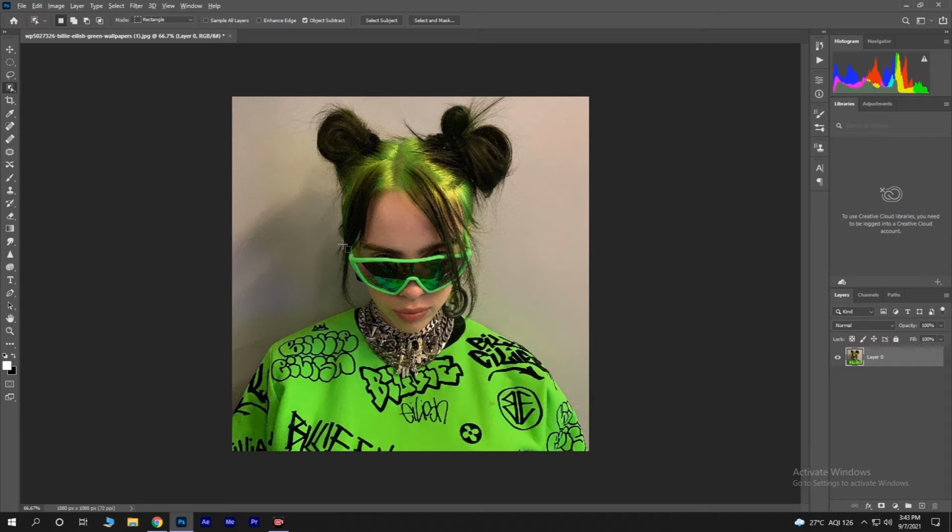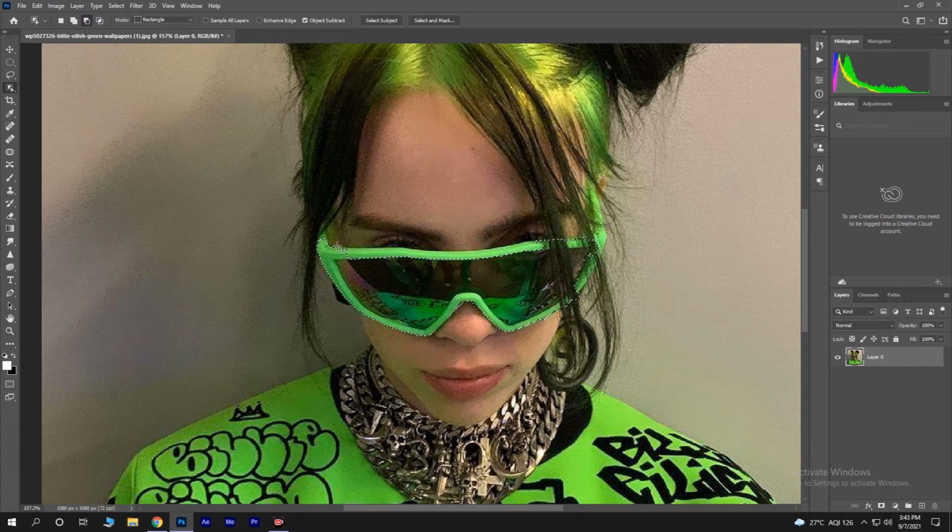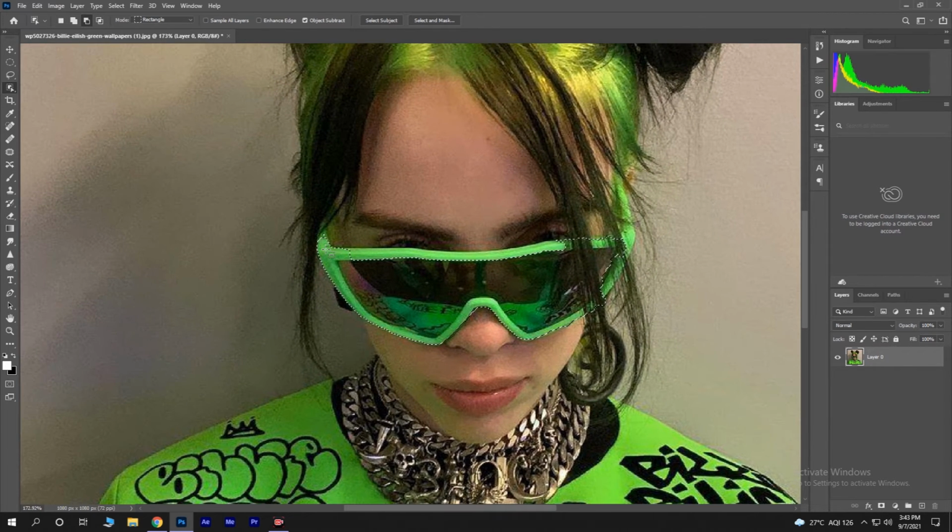I'll just press alt and start drawing something like this. Okay, this is okay, sorry. What I'm gonna do is press shift and start drawing. Again I'm gonna start drawing. So you can see the object selection tool has an AI, so it just detects and selects the object. I'm gonna zoom by pressing alt and rotating my mouse, and again I'm gonna draw here and select that by pressing shift,